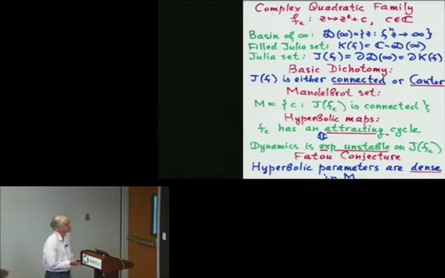Let us go back to our main basic definition. I already defined hyperbolic maps. The quadratic map is called hyperbolic when it has an attracting cycle. It can have only one attracting cycle; this is a classical theorem by Fatou and Julia. And in this case, the dynamics is exponential and stable on the Julia set. And it is a very important class of dynamical systems.